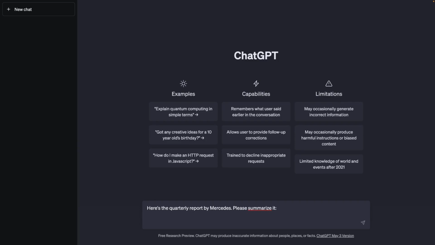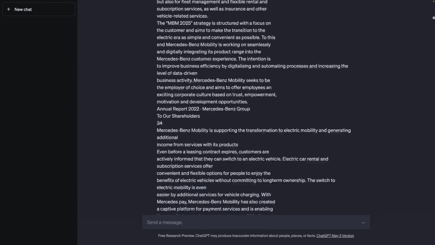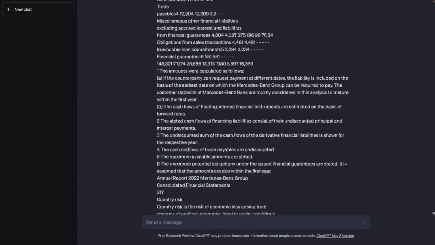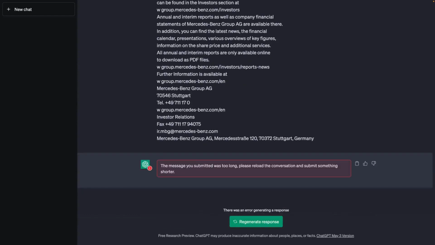And these token limits, this limited context, really matters. For one, ChatGPT doesn't allow you to insert super long prompts. If you, for example, want to use ChatGPT to summarize a very long document and you paste in the entire document combined with your prompt, your question, ChatGPT might not accept this.